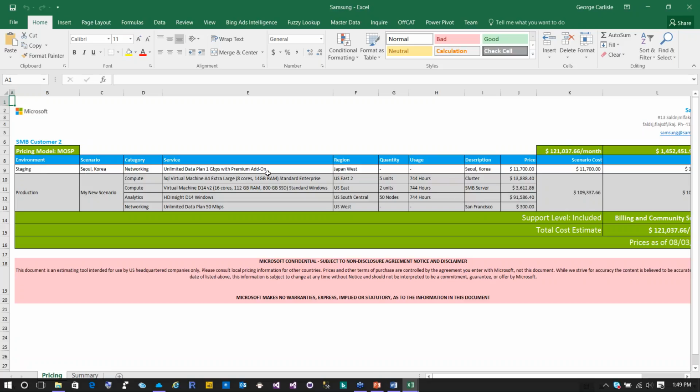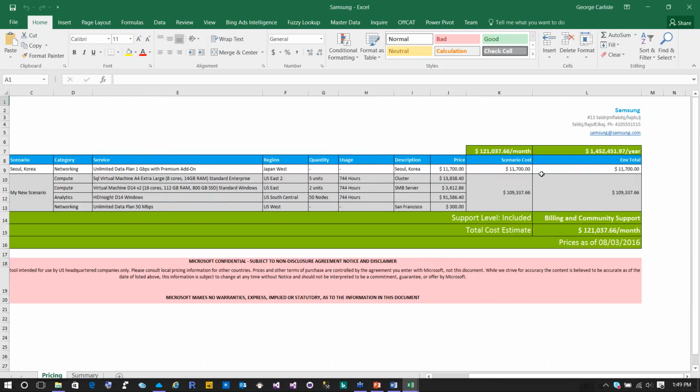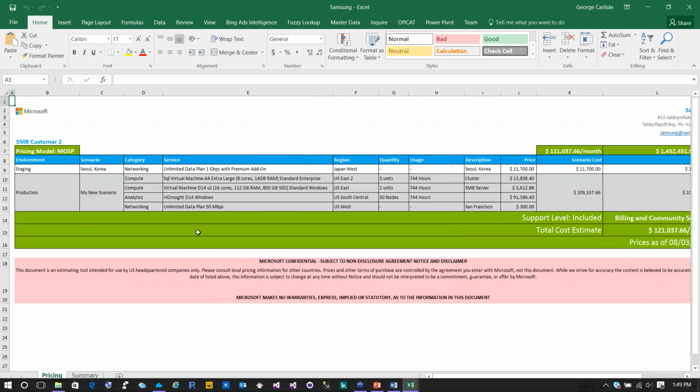You know, this is the express route that I chose. Shows the region. I guess I didn't put in the quantity, but I've got the price. But this is a nice, neat format that you can quickly turn around to customers. That's a whole lot easier than trying to do this by hand. Let's see what the second scenario is.